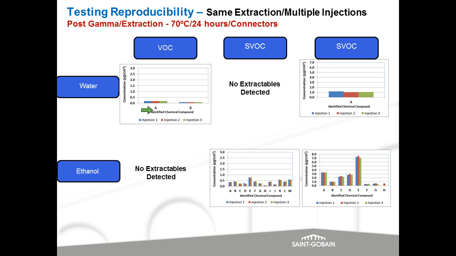There were 2 compounds identified, and they had the same overall concentration. No extractables were detected for SVOCs. For NVOCs, again, we had one chemical identified with the 3 injections, and they had relatively the same amount of